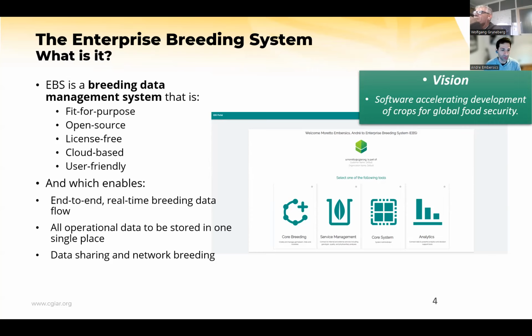And our operational data is stored in one single place. We can talk a little bit more about that in the coming slides, because there is a certain limit to the amount of data that is stored. We work with operational data, but we also have a plan.